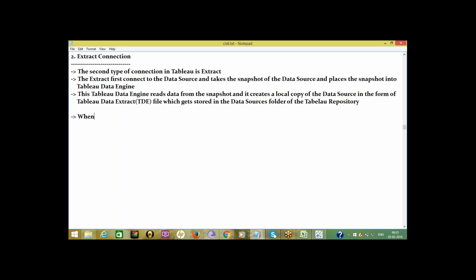Whenever we make a request, Tableau interacts with the TDE file and keeps the data in RAM.